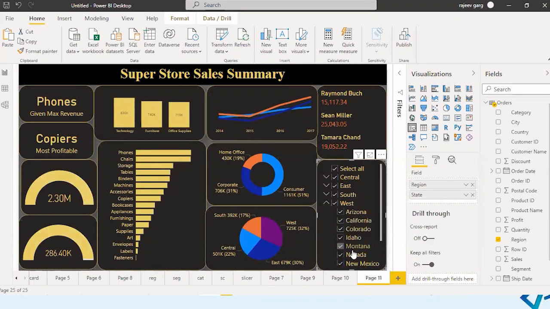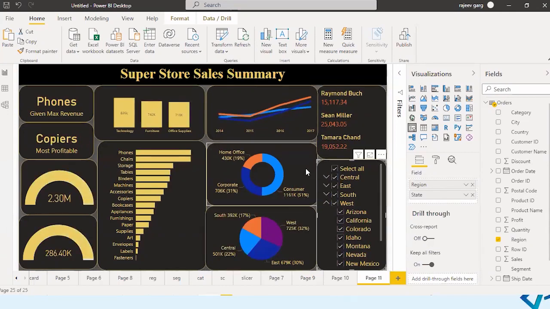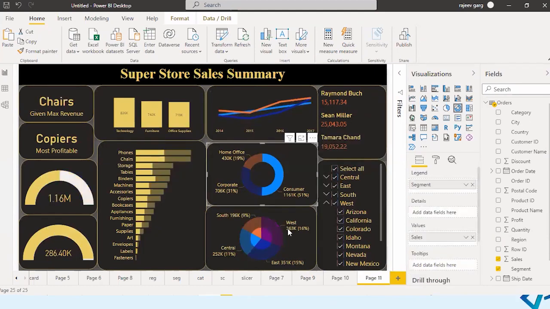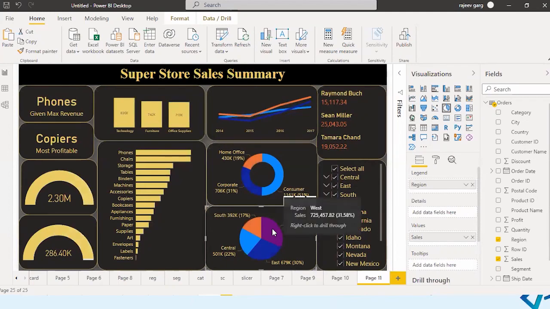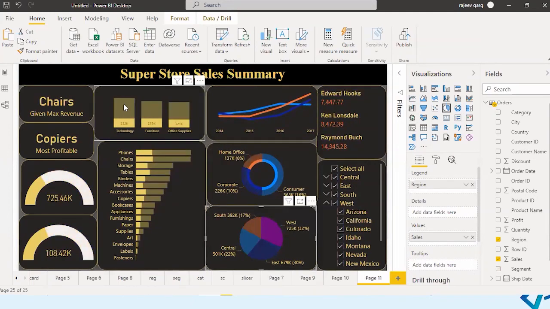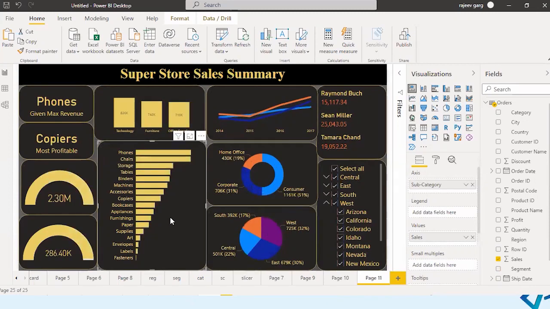You can go to the Western region and you can select a particular state. If you select California, you are getting the details only about California. So it is displaying the total sales generated and the total profit achieved in California, right? Let me say select all, and you click on the consumer. You are getting the details about the consumer. You click on West, you will be getting the details about the Western region. You click on technology, the entire visual is talking about technology only, and so on. So your visual is by default interactive. You do not have to do anything extra.